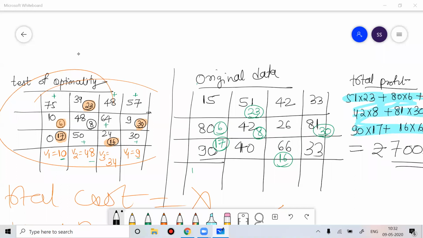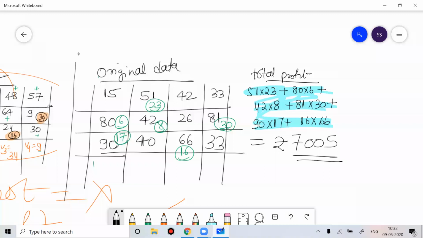So next class, we'll do something difficult. This was very easy. This was the maximization problem, which was a balanced transportation problem. So we'll do the actual problem which came in your exam. Every year it comes for your exam. What I have done today is very important. Like this kind of problem we'll do in the exam.